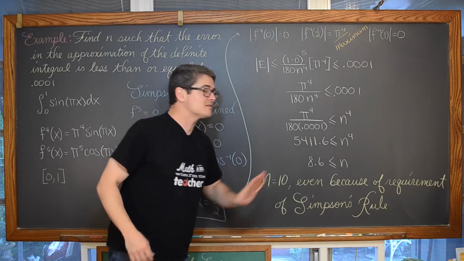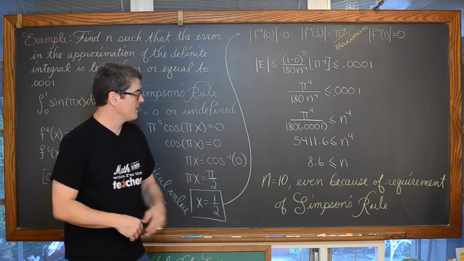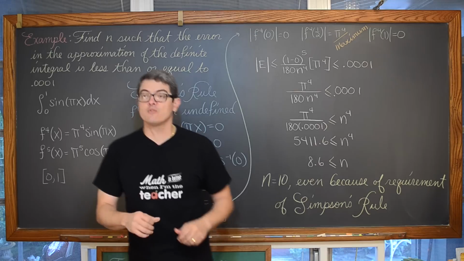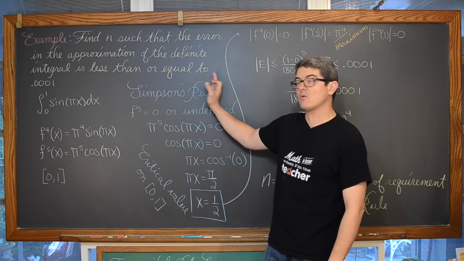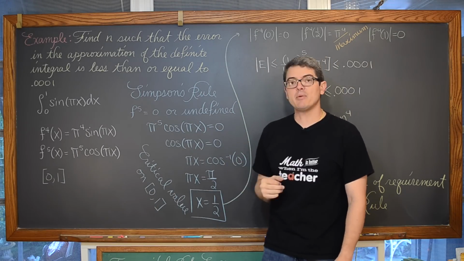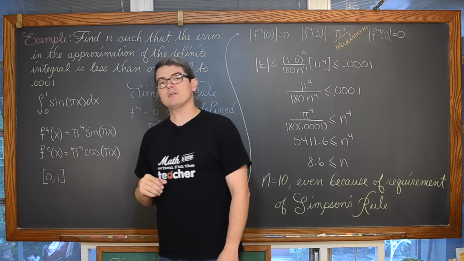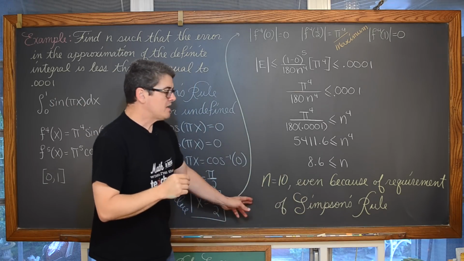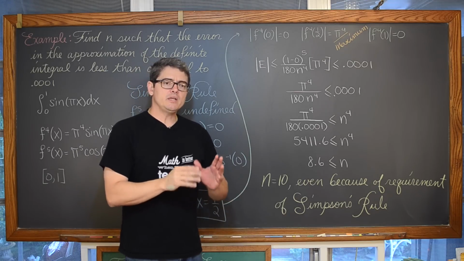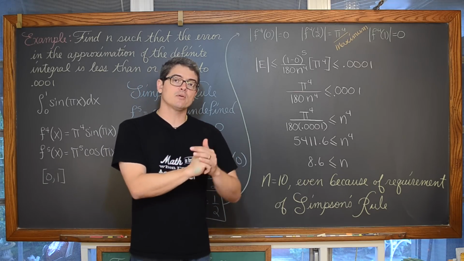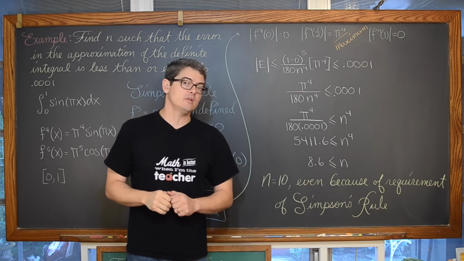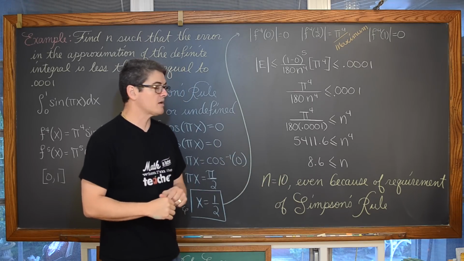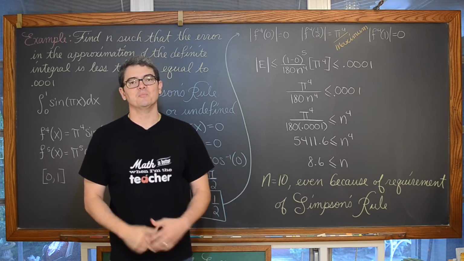Going through the arithmetic and simplifying and solving this inequality, we have that n must be greater than or equal to 8.6 for the Simpson's rule approximation to meet the requirements that the maximum possible error must be less than or equal to 0.0001. And because with Simpson's rule, we need to have those subintervals paired up, we need to have n be an even number, so we're not going to just round up to 9, we're going to go to 10, again because of that requirement, and that is the end of my last example.